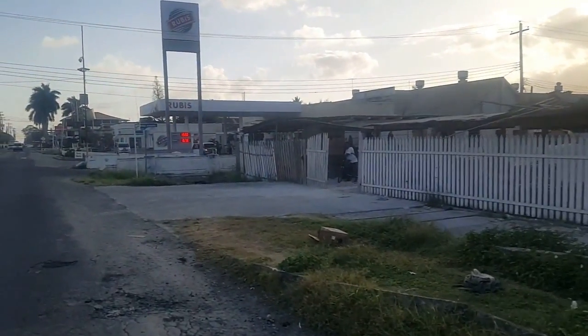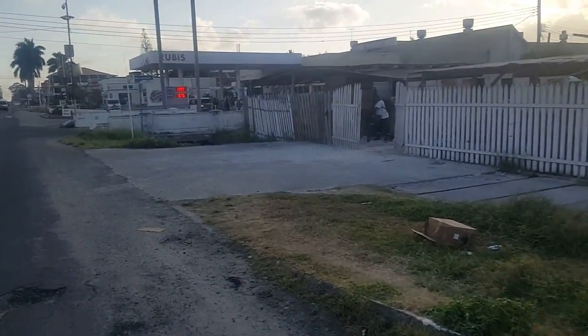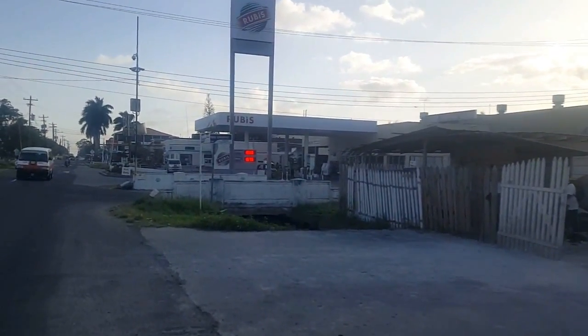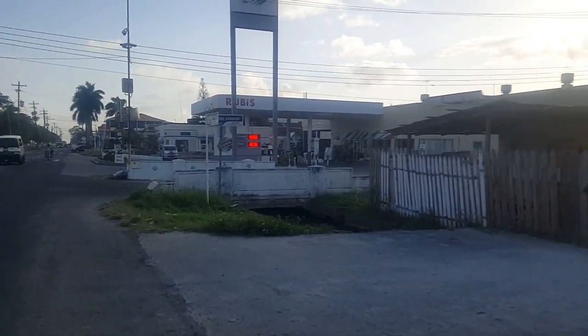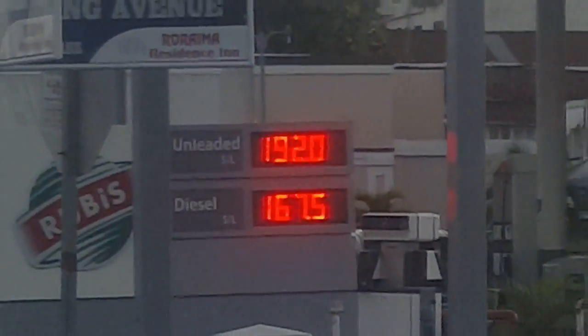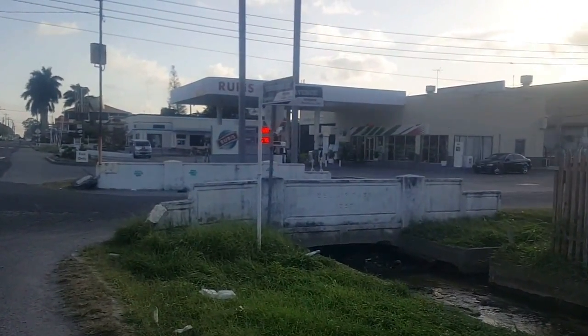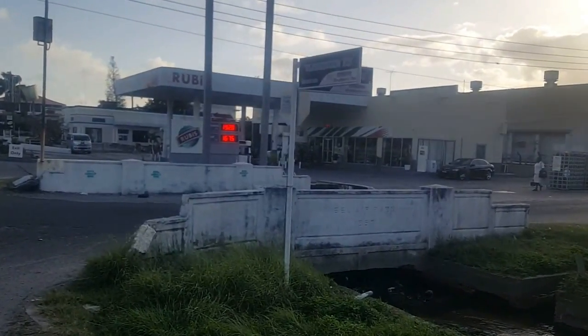So next door to the Shell gas station is the Rubis gas station. Now you can see the price of gas at Rubis gas station, and that's the price per liter in Guyana dollars. That's about...